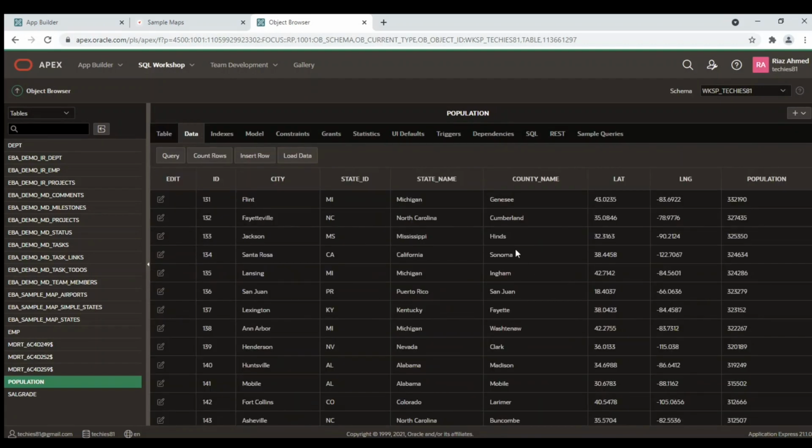The table contains population data by cities, states, and counties. The latitude and longitude columns also exist in this table that are necessary to present data on maps. Let's create a map page to visualize data from the population table.